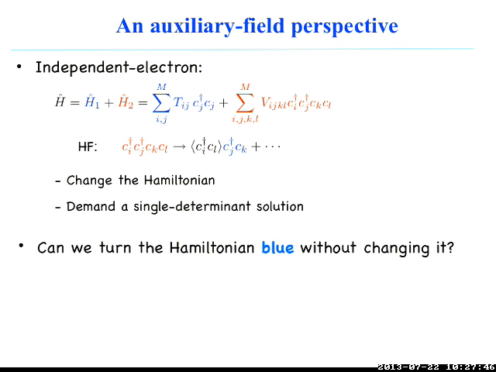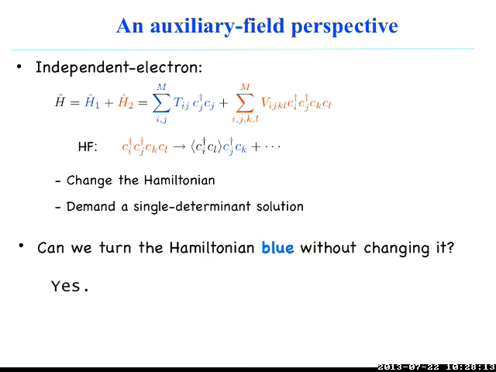Can we turn the Hamiltonian blue without changing it, right? All of this changes it. Density functional theory claims that there is one limit where you don't have to exactly change the Hamiltonian, although the wave function would not be a wave function. But can we make it more rigorous? Can we change this to blue without changing the Hamiltonian? The answer is, somewhat surprisingly,